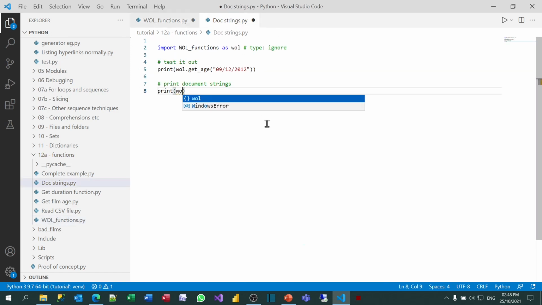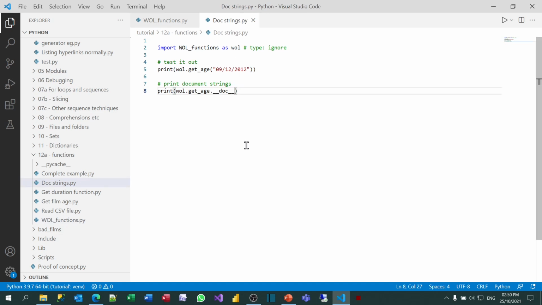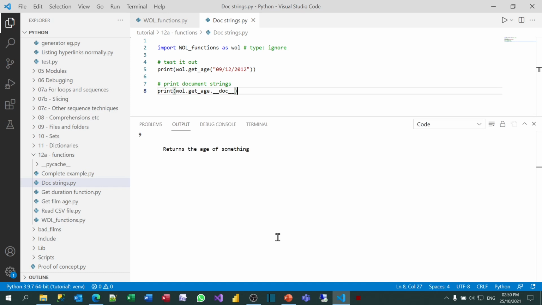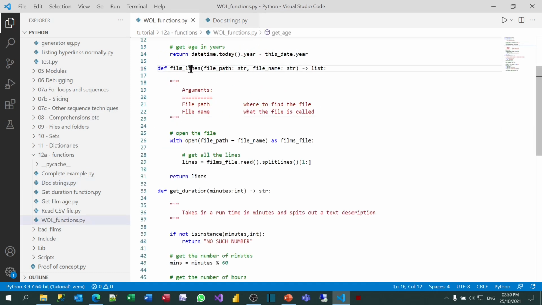So I can type in wol.getAge. Then I can type in dot and then type double underscore doc double underscore. And that's a reserved word, which means show me the document string for this. Before I run that, I need to make sure I've actually saved this file. So I'll just go and save that. And then if I try running this, you'll see it gives me the document string for that one, returns the age of something. And then if I do that for the other two functions, film lines,